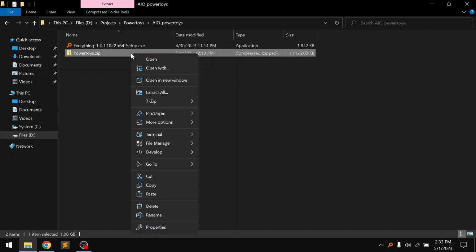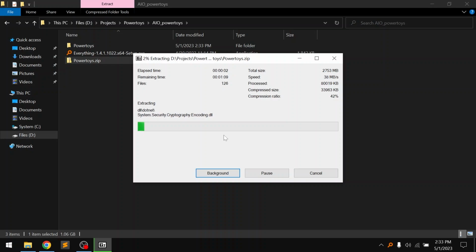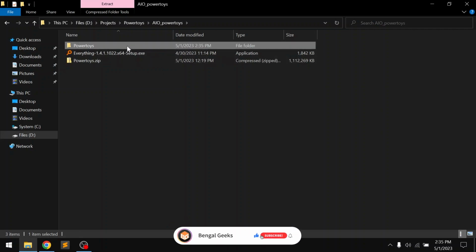Okay, next we're going to extract the PowerToys zip. And once it is done, copy the whole PowerToys folder.